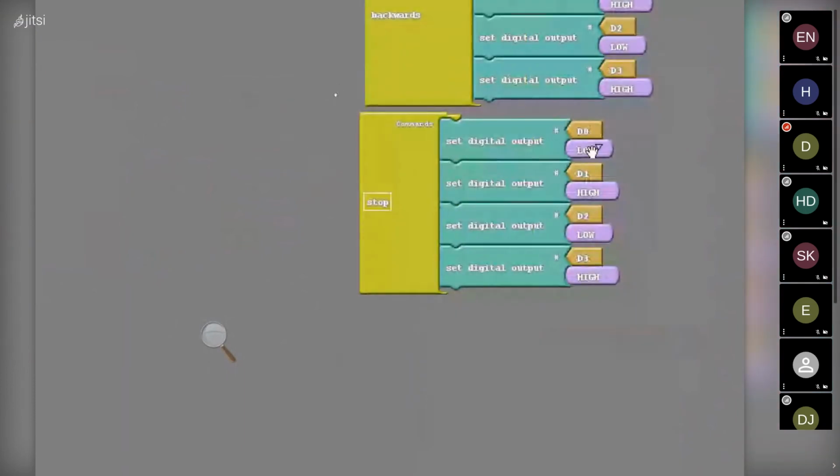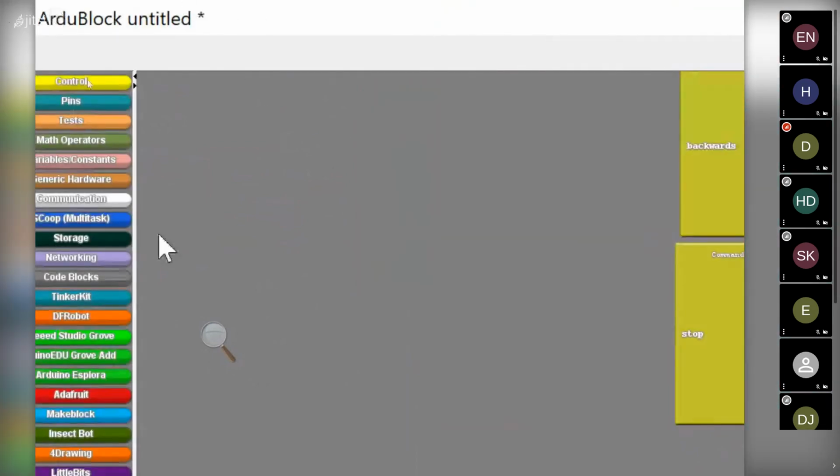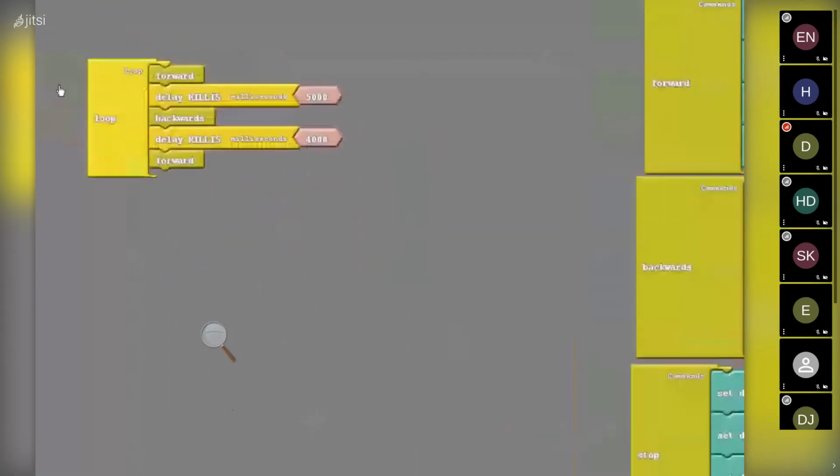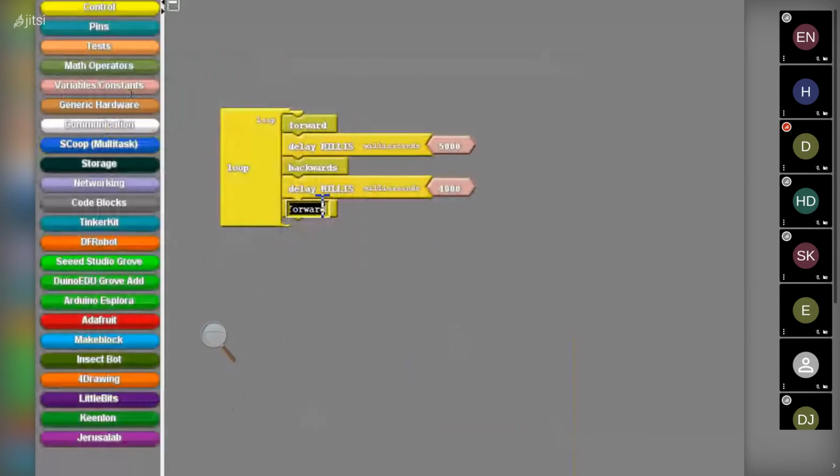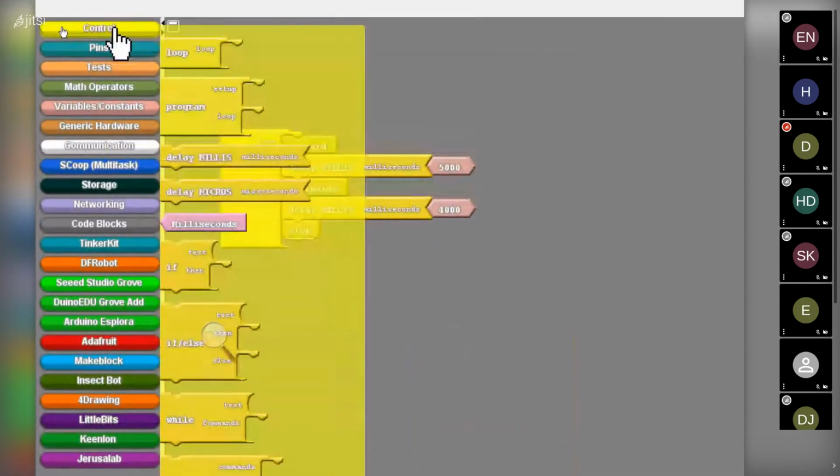Now this one is for if you don't want your robot to move or you want it to stop moving, just make everything low, low, low, low. Low 0, low 1, low 2, low 3. All right. Then I can just make it stop. Maybe I want it to stop for